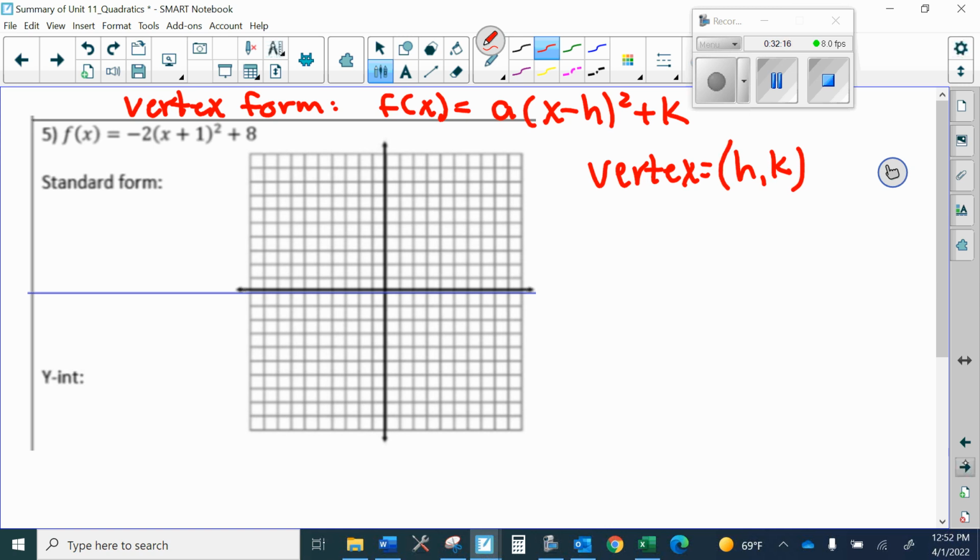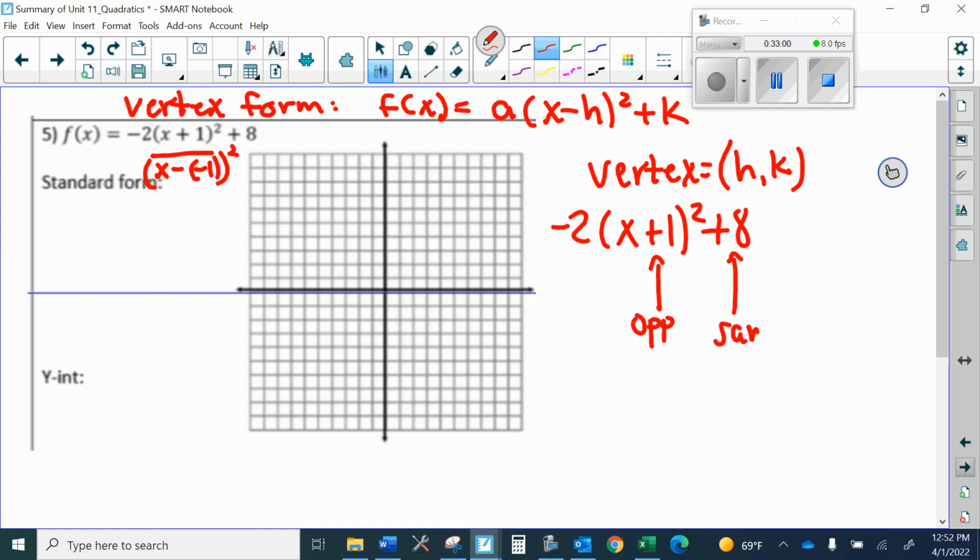Okay. Now, if I look at this, I see x minus h. So if I have this problem right here, this really would be x minus what number gives me +1? Well, that'd be a -1. So h really is -1. Now, do I have to set myself up like that each time? No. The easiest way to think about it is another word for negative or minus is opposite. So when I have this problem, -2 times the quantity x plus 1 squared plus 8, just think opposite,